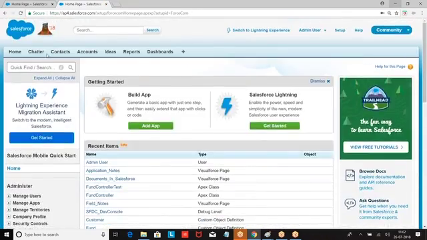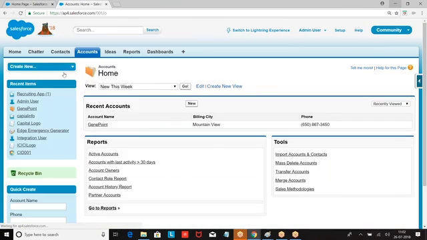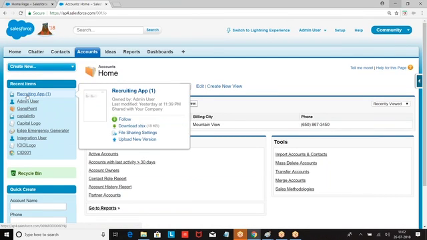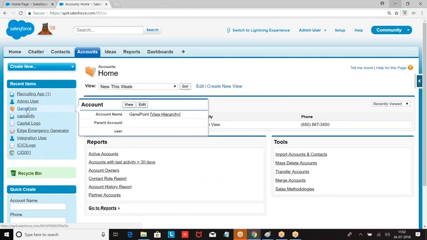Now look at this. When I keep a cursor on this, what is happening? A pop-up window is opening, showing you the details about the record. Is it showing the complete record? No. A quick view of the record. Important fields, required data is shown. What is this called? Mini page layout.